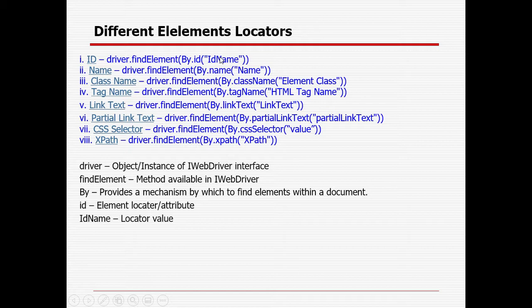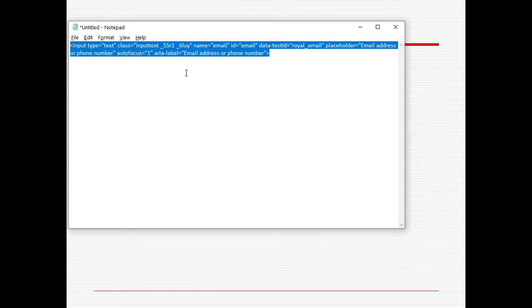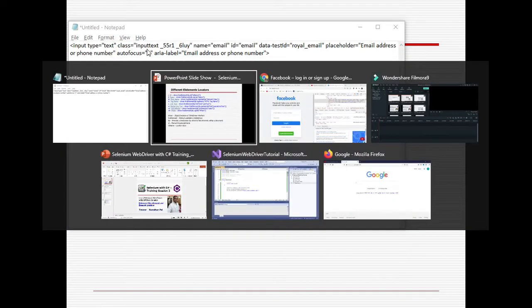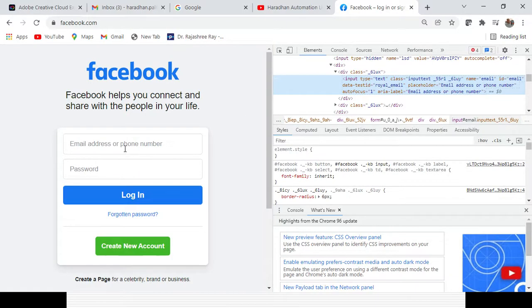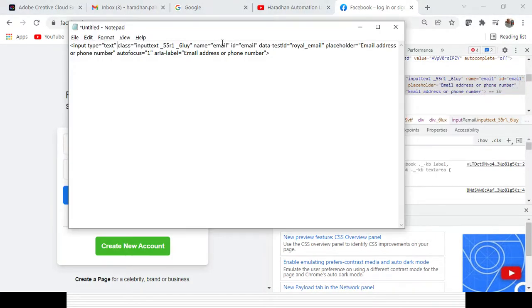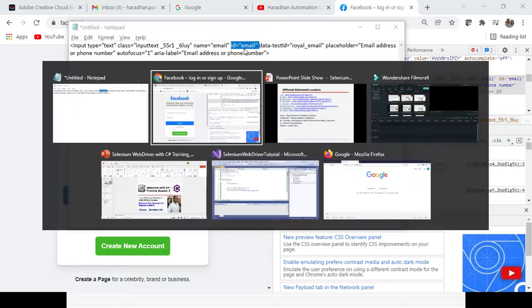So we will try to implement all the element locator techniques, and we will try to identify the element through the 8 element locator techniques. After identification is done, we will try to perform different operations. ID, name and class name we can use especially for the web edit box, check box and all this stuff, in case the value is present. So here we will first try to inspect the email field. Here you can see for the email field, name is there, email, ID is there, so we can identify with ID or name, right?